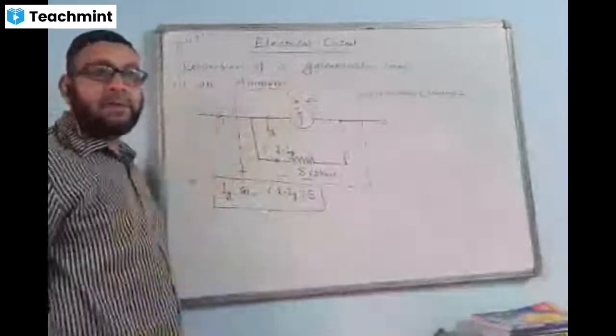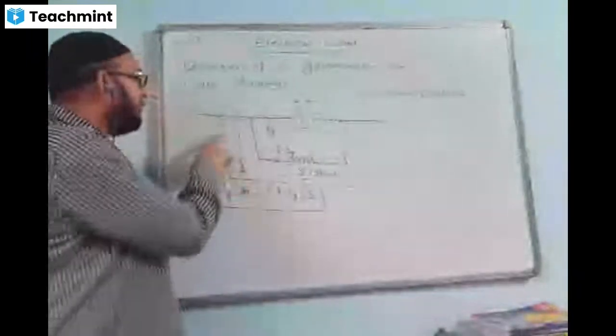10 ampere range. That is, maximum current 10 ampere you want to measure. Of shunt, what value of shunt should be used for this purpose? We can calculate using this equation. Once again, if they say this ammeter has to measure current up to a range of 10 ampere, that means the maximum current you have to measure is 10 ampere. I value will put 10 here, other values will be known. We can calculate and get the value of S.